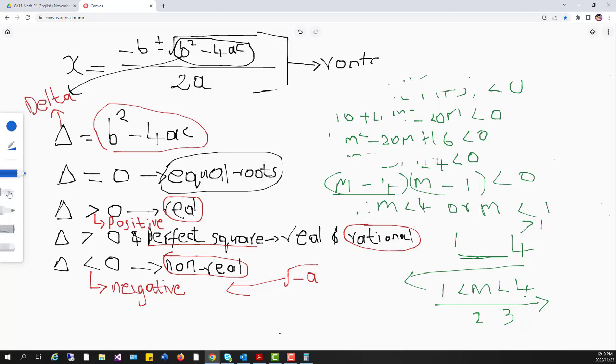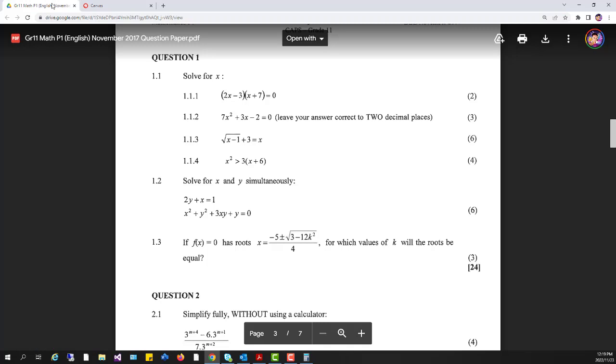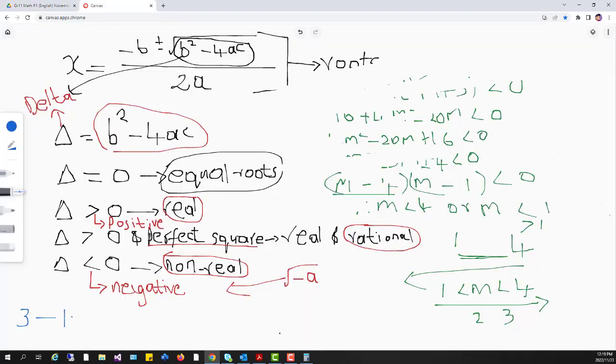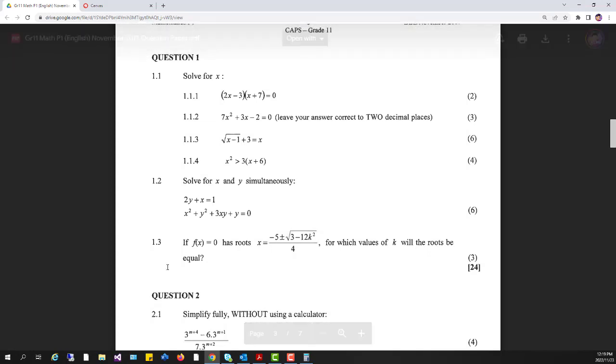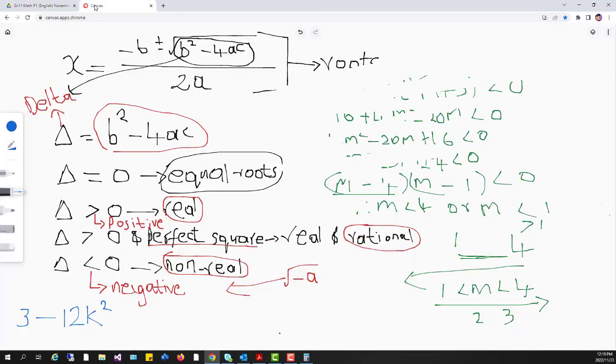I'll just write underneath here 3 minus 12k squared. Okay, that's the delta. They're talking about the roots, then we are interested in the delta. And then they want to know for which values of k will the roots be equal. Let's go check what is the condition of the roots being equal. That's when delta is equal to 0. So our delta is 3 minus 12k squared, so we have to equate it to 0